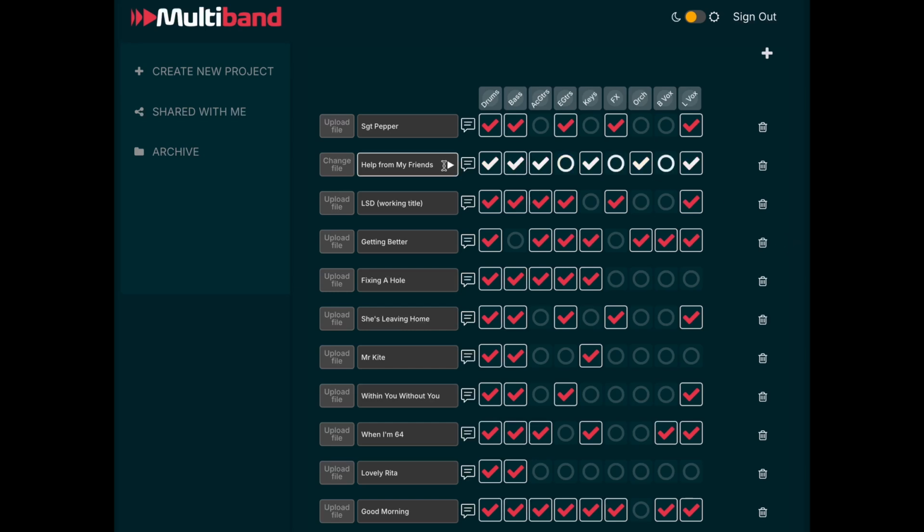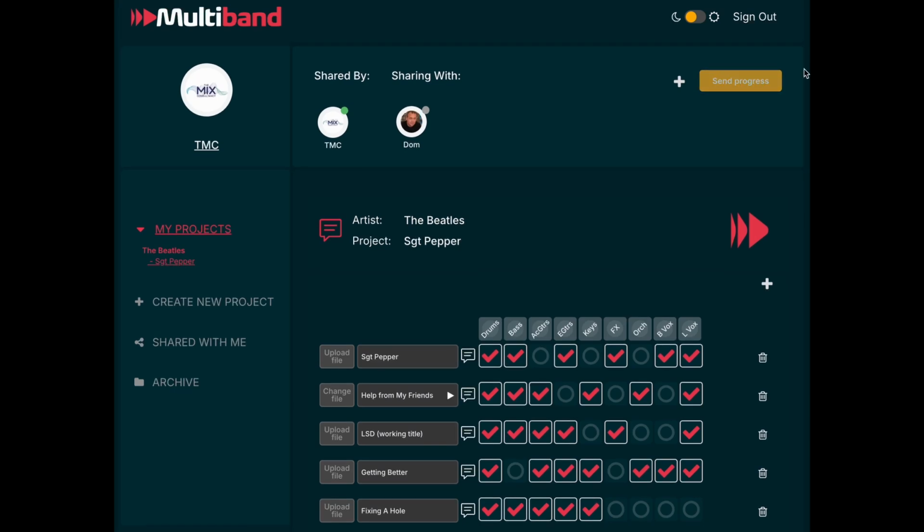Say we're working on Sgt. Pepper, here we go, and we've just recorded all the backing vocals. They're done now, so that box is ticked. And then what happens is you get a little send progress thing at the top here. I can tick as many of these boxes as I like, and then when I hit that button, it'll log